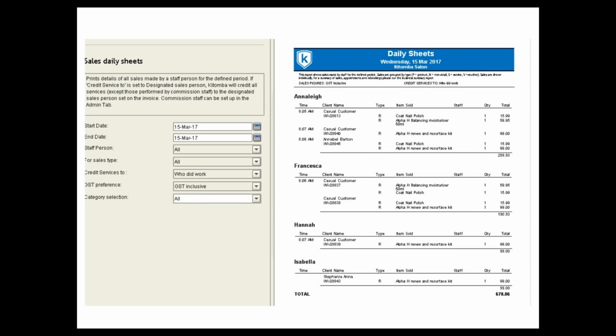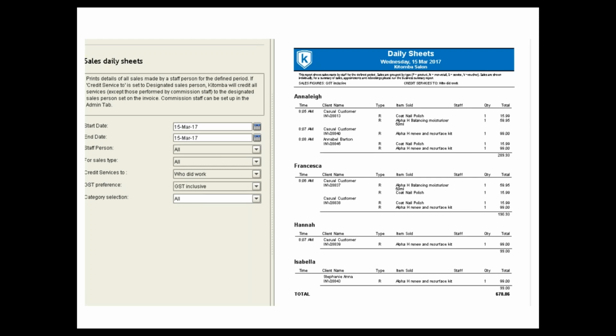It's quite useful as well because you can refine it by a sales type. So right now, say the report is being run for all sales types, so it's going to be your retail, your services, your vouchers, and even your concessions. But you might be in a situation where you only care about retail, potentially because you're running some commissions or a special promotion with your staff and customers, and you really want to drill down, you can certainly filter